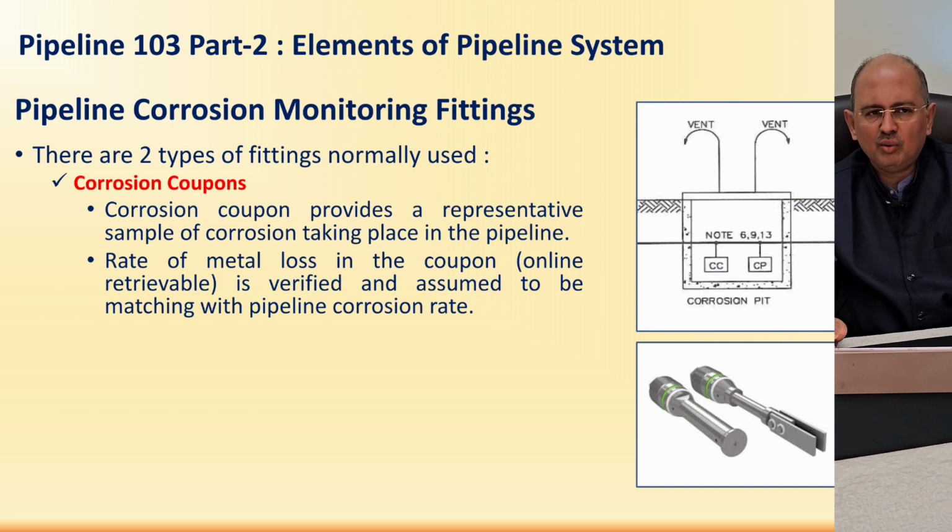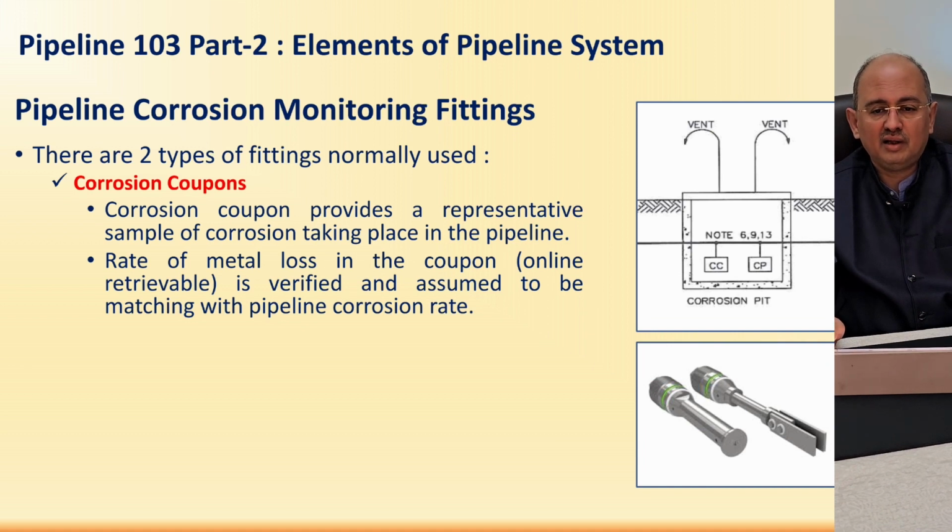And normally the coupon is made of the same pipeline material. So if the coupon is seen as losing material, if corrosion is observed on the coupon, then it is anticipated that a similar kind of corrosion reaction must be happening in the pipe. So this is called a corrosion coupon, which is basically a direct representation, but it has to be removed and checked at